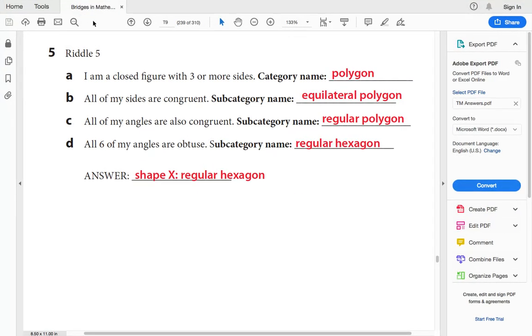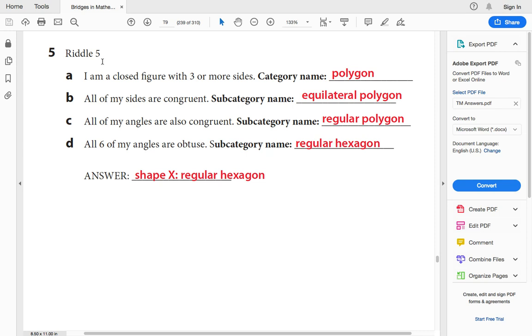Hi everyone. I wanted to take a couple minutes and explain something that you are going to be asked to do on Monday, March 30th as an activity. It's going to be in the assignments, and you are going to answer different riddles. I wanted to give you an example of what one looks like so that you know what to do, because these riddles can be somewhat challenging, but I think it will be good to expand our thinking